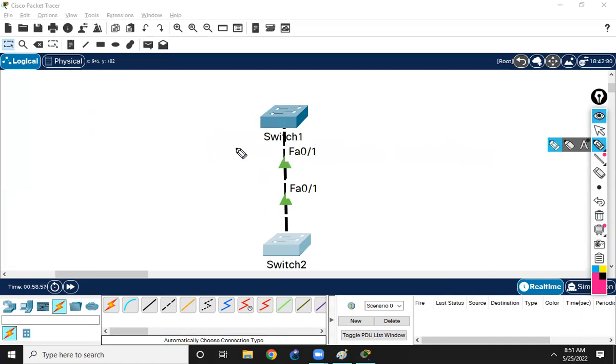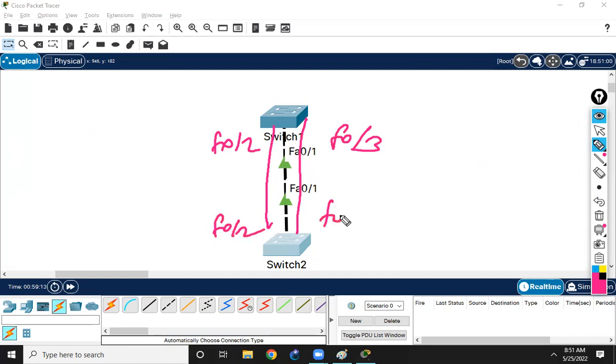So here you can connect multiple interfaces, say F0/2, and F0/3 also you can connect. But the problem is that even if you connect F0/2 to F0/2 and F0/3 to F0/3, whichever interface it is, the spanning tree will block the unnecessary ports. I've taught you, if you have multiple paths to reach from one switch to another switch, the spanning tree will block the unnecessary ports. So even if you connect multiple interfaces,